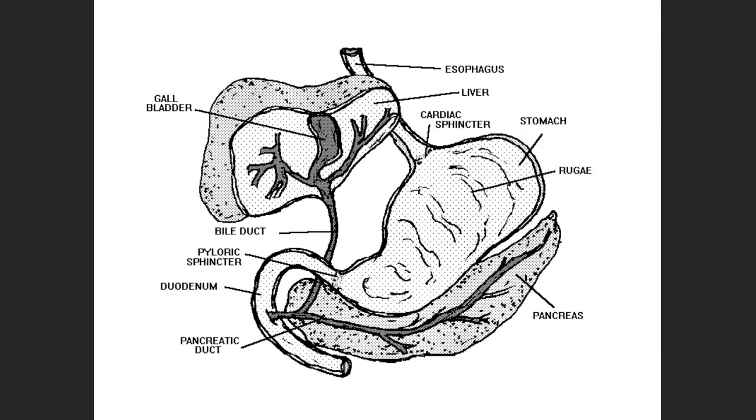Now, the stomach is a bag. It's kind of big and fat on one end and skinny on the other end, and it's all folded on the inside. The folds are there so the stomach can expand. They're called rugae, the little folds. And when the stomach gets the food, the lining of the stomach actually creates what they call gastric juice. And gastric juice is made of mostly water and enzymes and mucus.